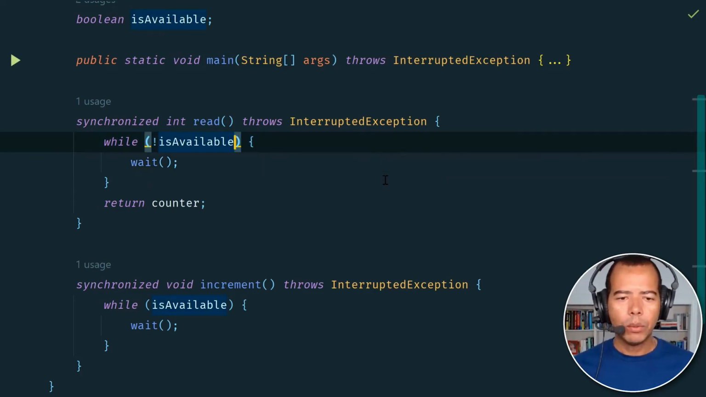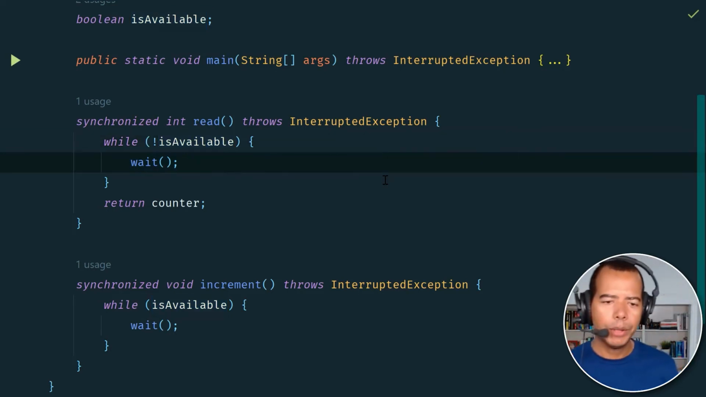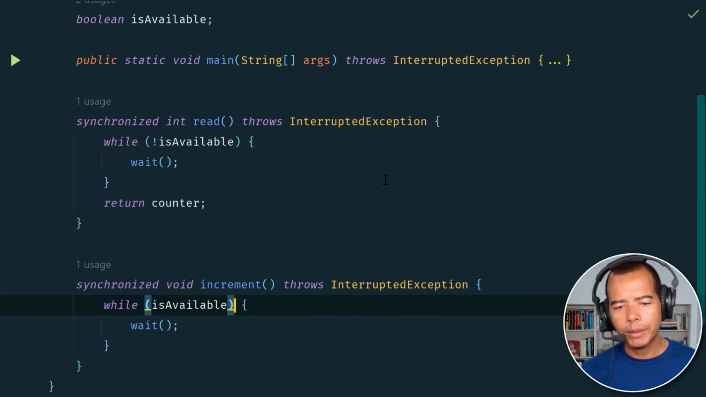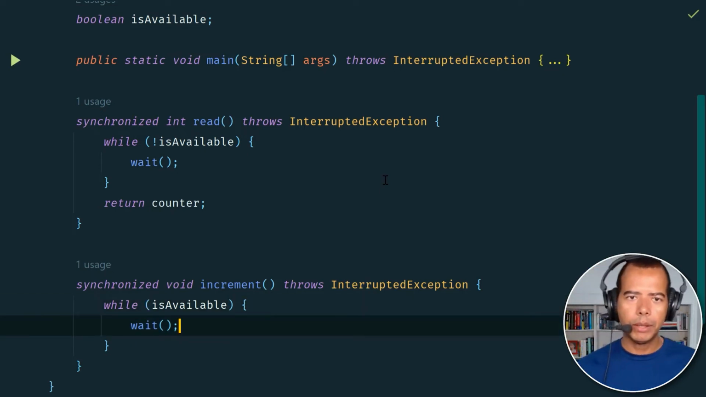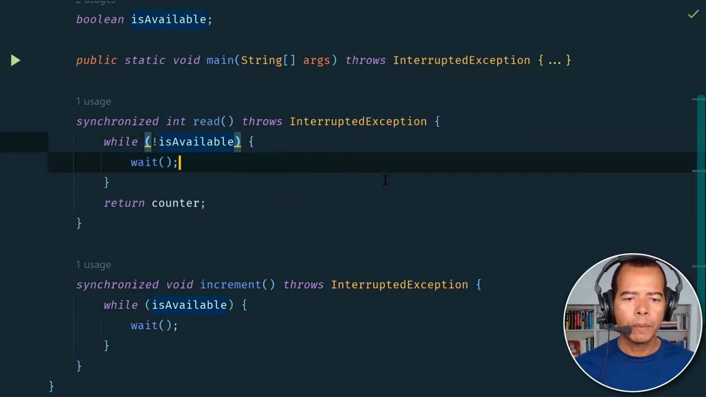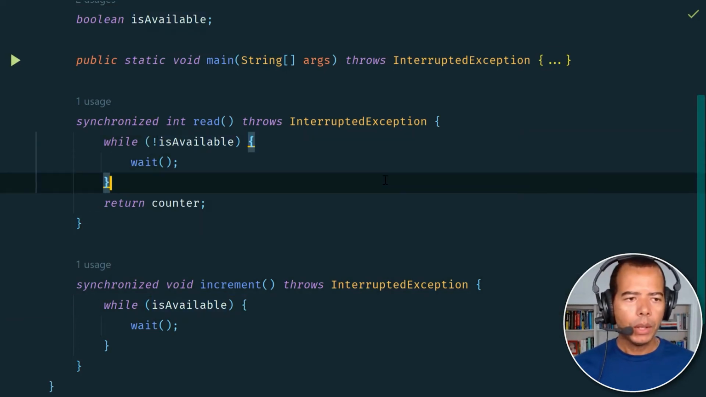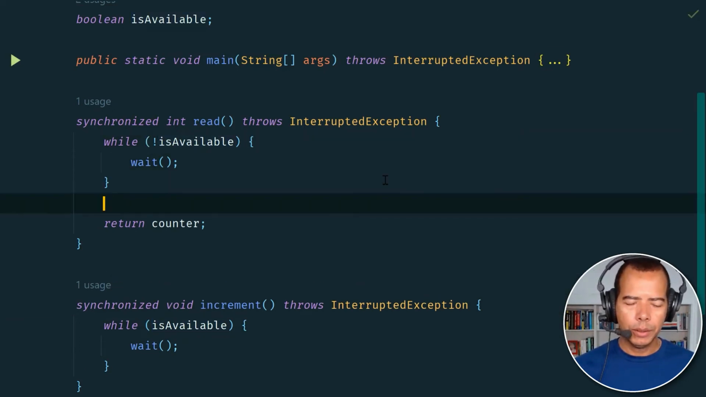So now we have a way to coordinate the value. The thread checks, oh, the value is not available, so now it waits. And on the increment side, if the value is available, meaning it has not been read by the consumer, it waits. So what is the next step? The next step is obviously